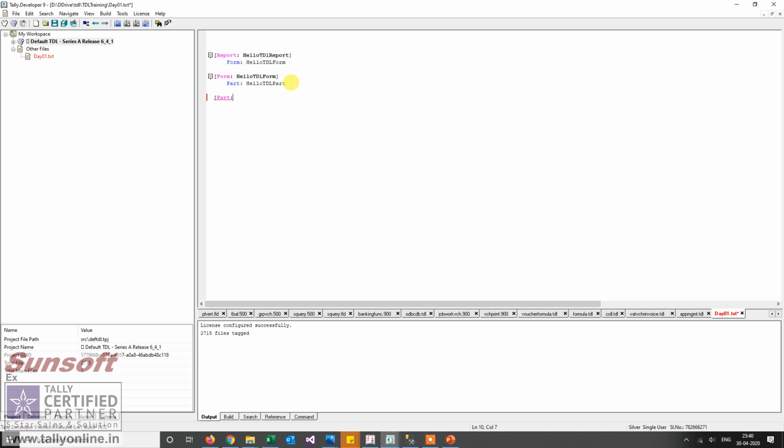Now I define a part. Now in part there should be a line. So I define. So line should have a field. This is a definition. Whatever I am defining in a square bracket is a definition of the line.